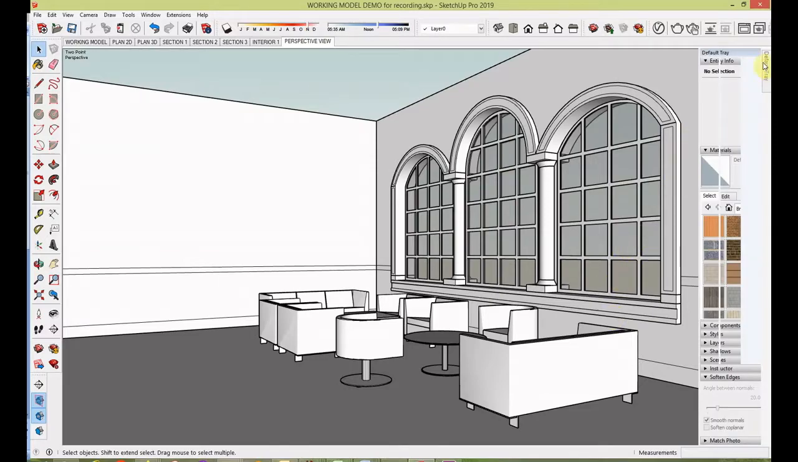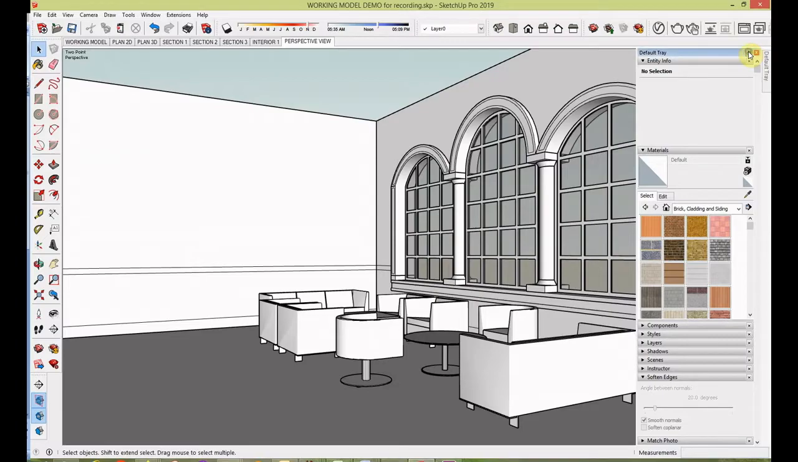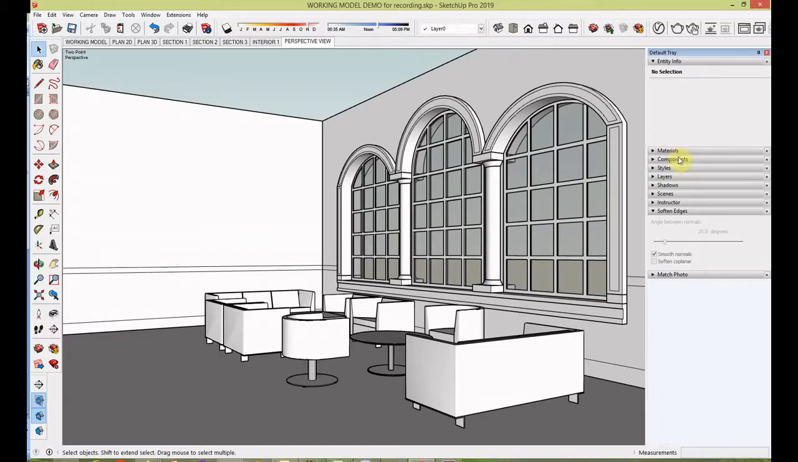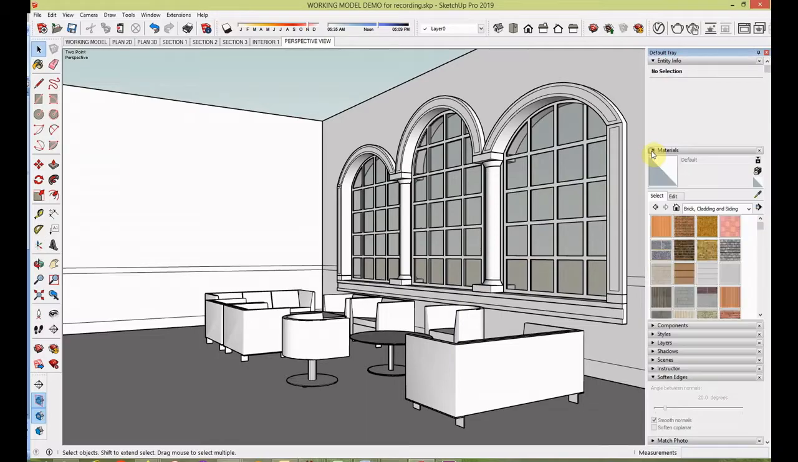I'm going to start by going over to my default tray, and I'm just going to lock it open here. And I already have my materials panel open here, but if it's not open, you can find it in the default tray here, and you can just open it up by clicking that little arrow, and it will open right up. So in here, if I click on this little down arrow right here,